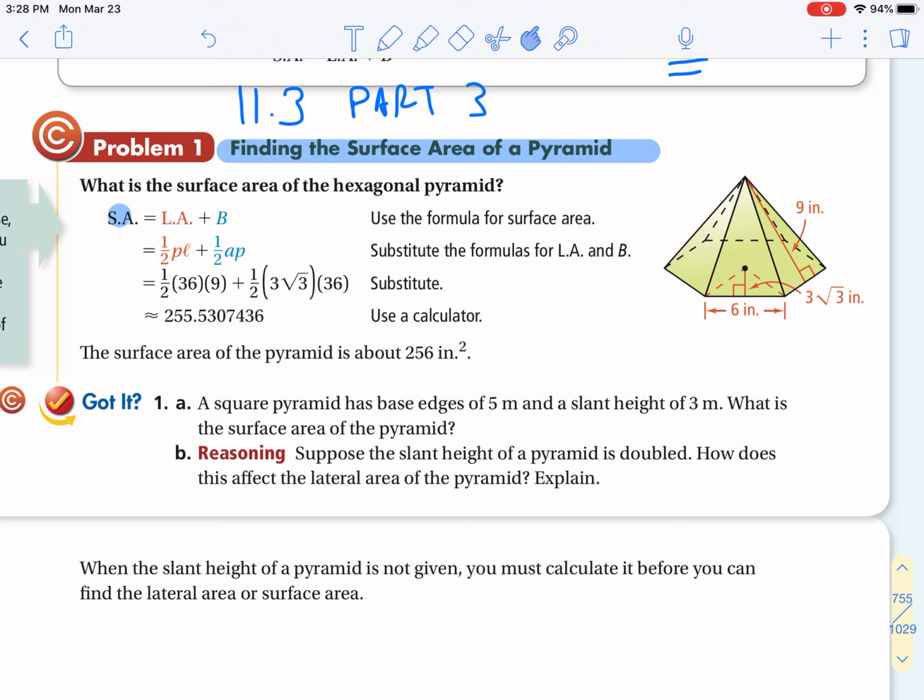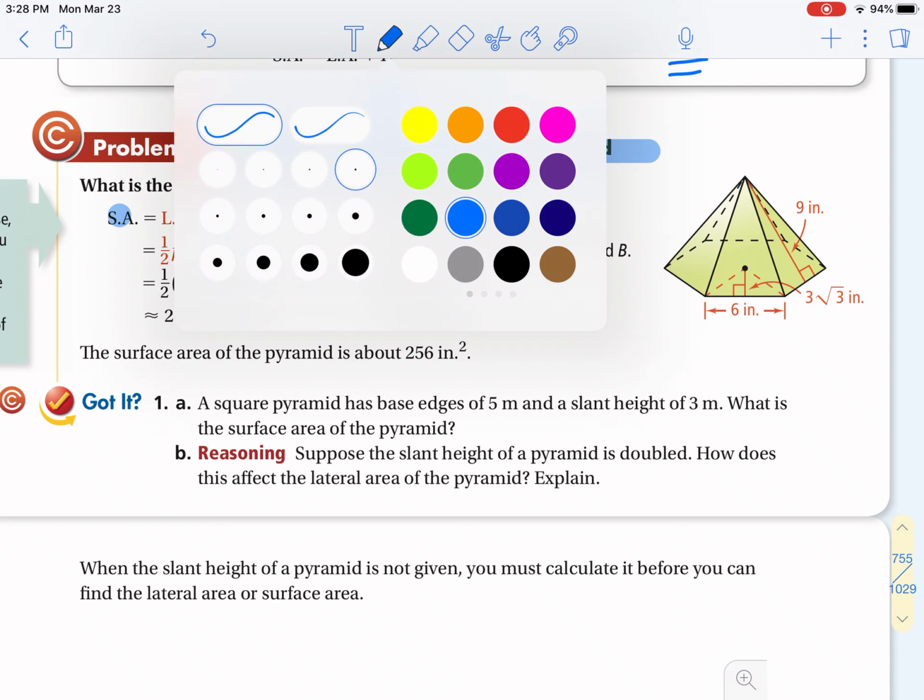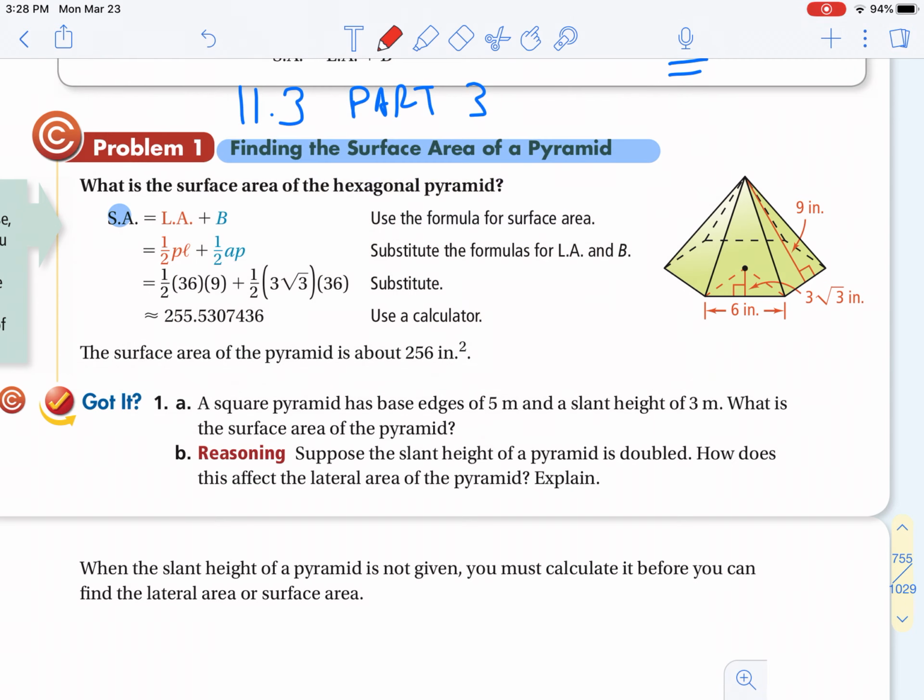Hey guys, here we are with 11.3 part 3, and in this video I'm going to be looking at a couple of examples where we're finding the surface areas of two different pyramids. Okay, so we're going to bring back some good memories here. I'm just going to run you through the example problems and explain how they get their answers. So first of all, we're taking a look at this pyramid